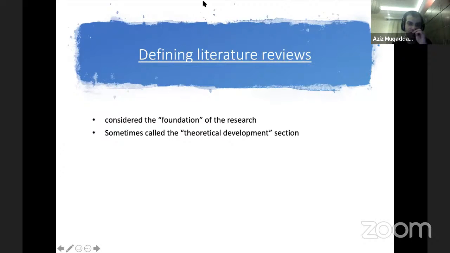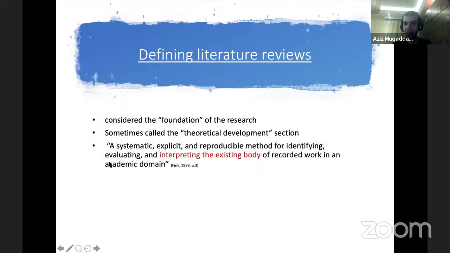We're going to talk more in detail about this, but to give you the academic definition of literature review, it's a systematic, explicit, and reproducible method for identifying, evaluating, and interpreting the existing body of recorded work in an academic domain. So to dissect that statement,